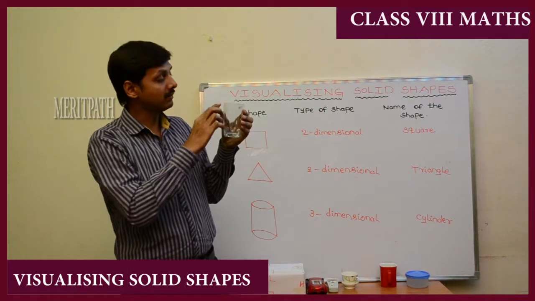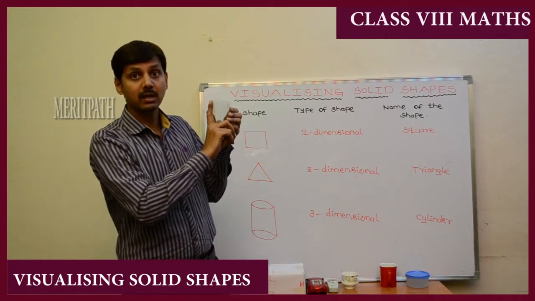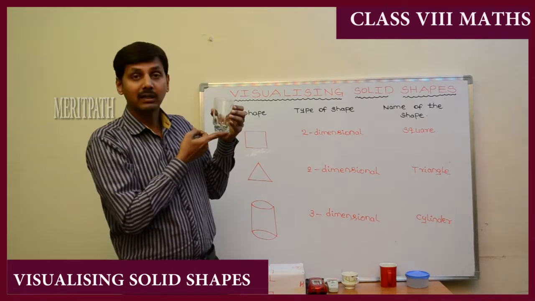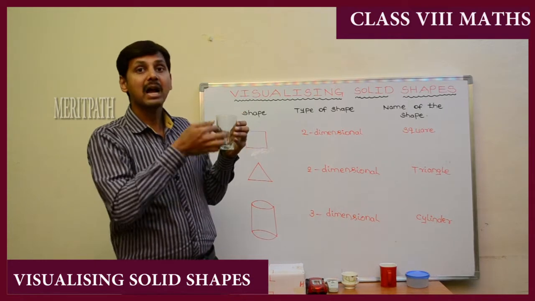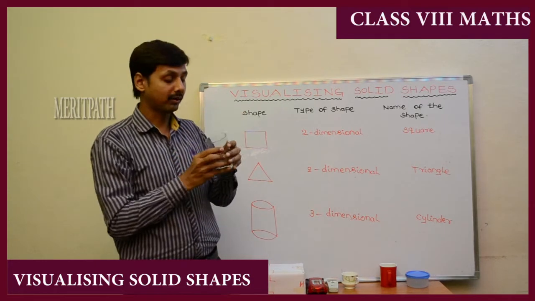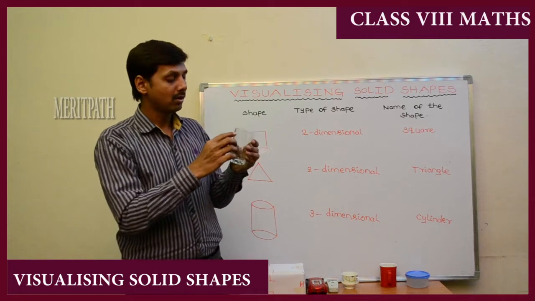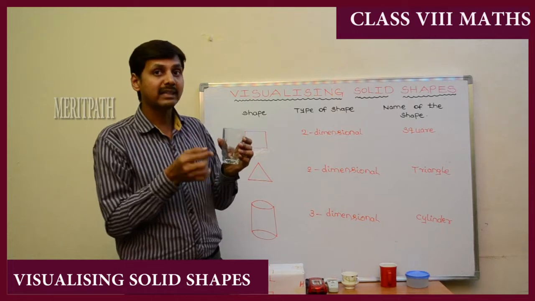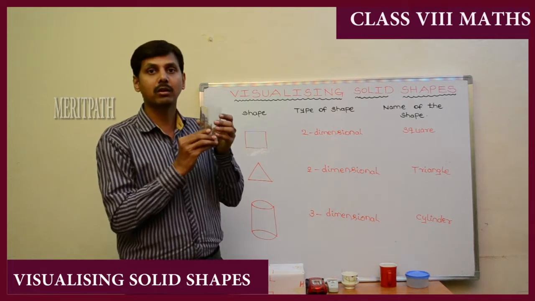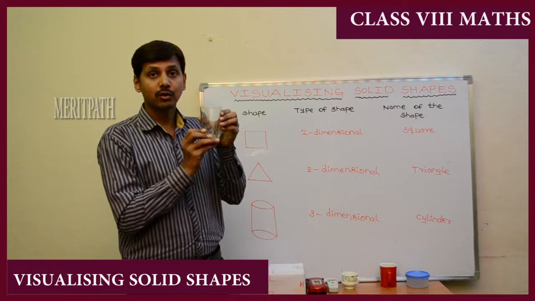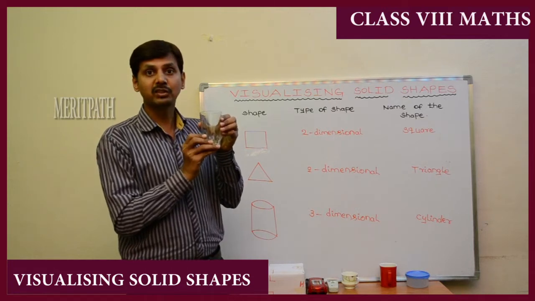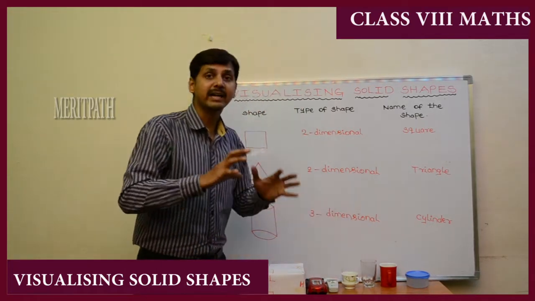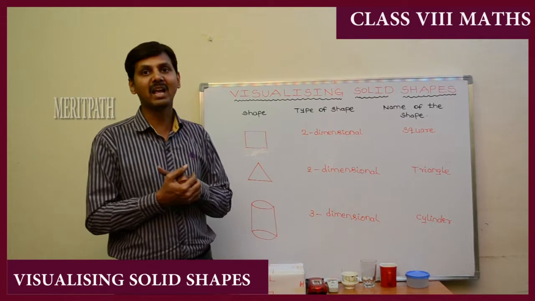Here the height, from here to here we measure it, and we see what is the width, and what is the depth also we'll take, the inside space we have. So height, width and depth, or length, breadth, height, depending on the solid we take. So this is a three-dimensional picture, a glass. This is a cylinder. In this manner we'll differentiate the two-dimensional pictures and three-dimensional pictures.